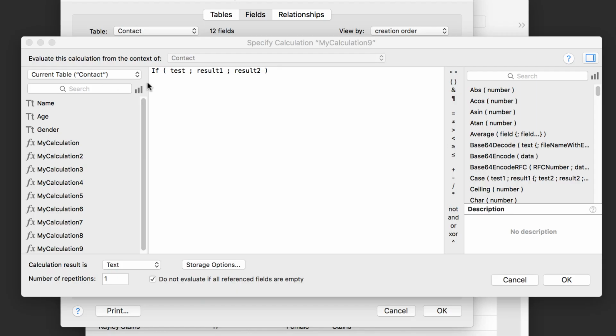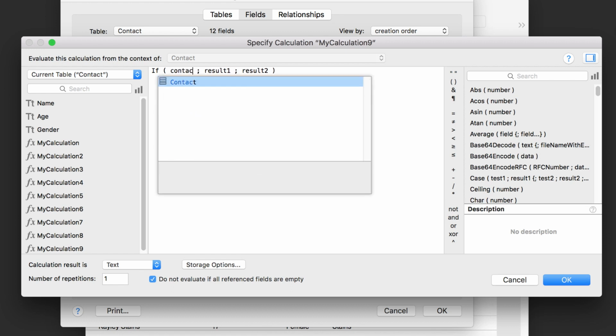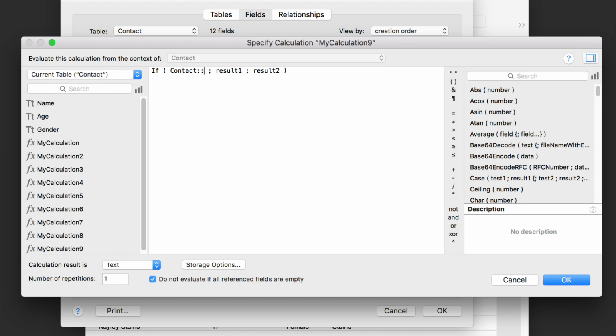And let's see what happens. So to do that, I want to first set up a test. So I want to set up contact gender equals to male. And if this test result comes out as true, we are going to return a text called Mr. And if the result comes out as false, we are going to return a result of Miss. Click OK,